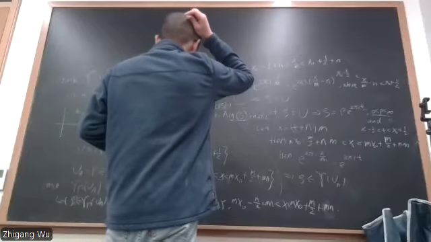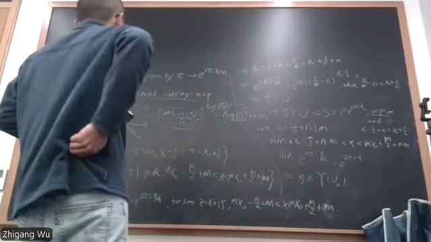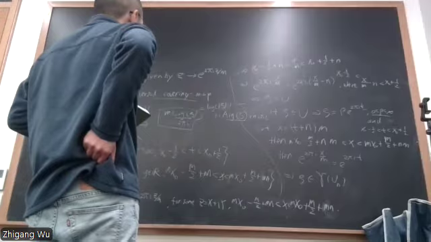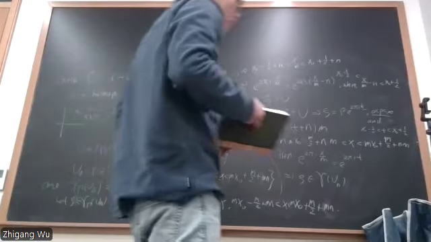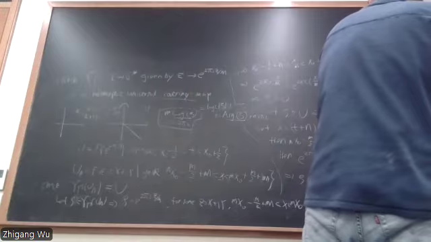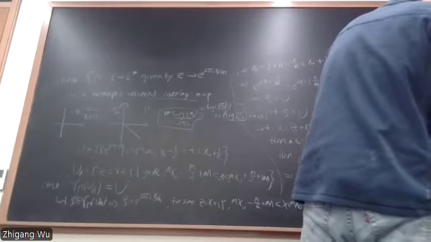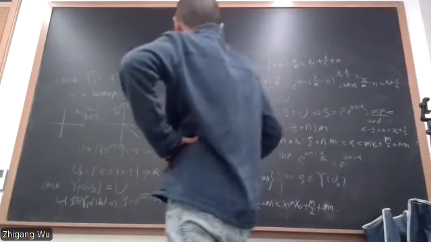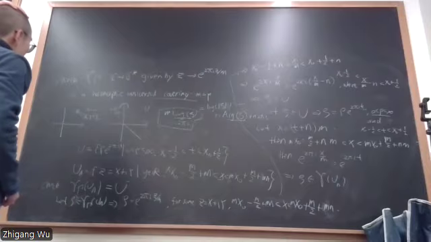So then you just take it to be this graph. And then you show that okay, so you show that this image actually lies in the